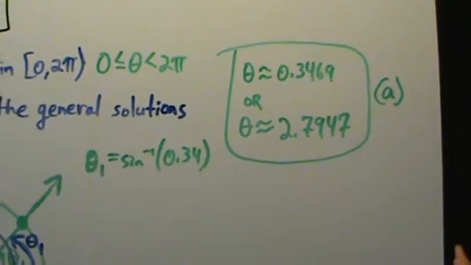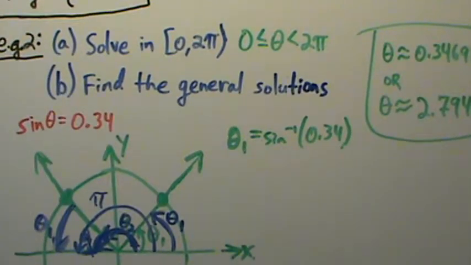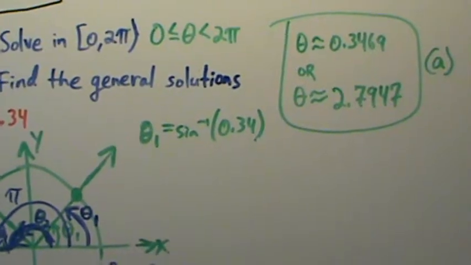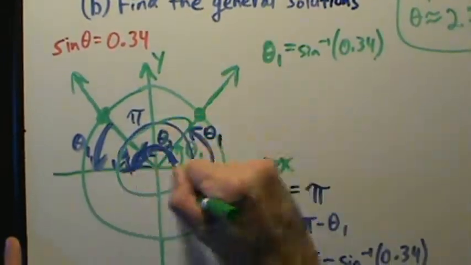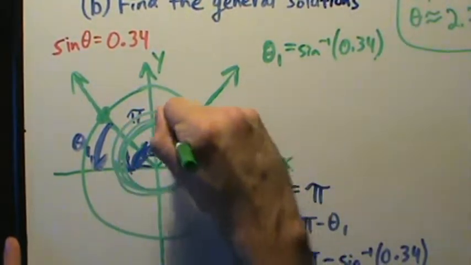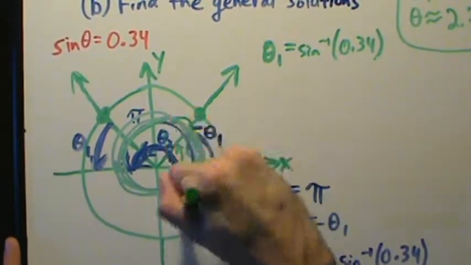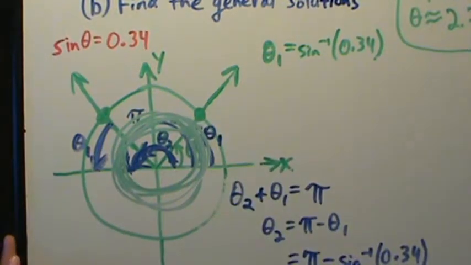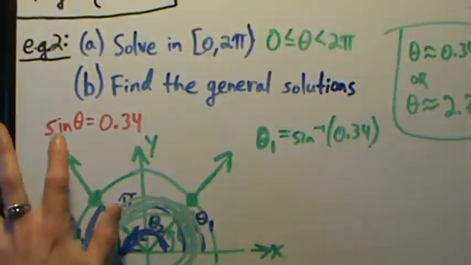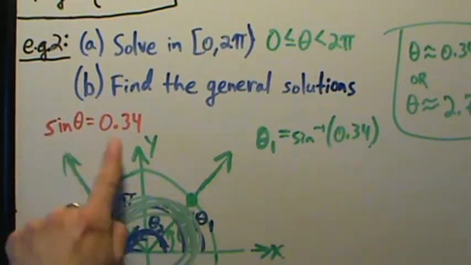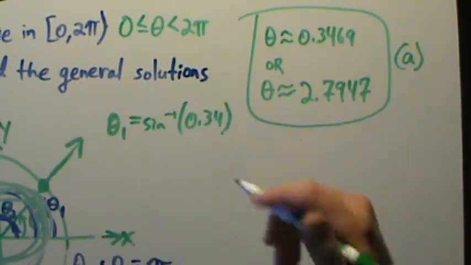Well, just like in the previous example, all we have to do is do the plus 2k pi thing. So remember, you can be at this angle theta 1, or you could add 2 pi as many times as you want, or you can subtract 2 pi as many times as you want, and then you'll end up at the same terminal side here, which means the same value of the sine function, which means this equation is still solved. So for part B then,